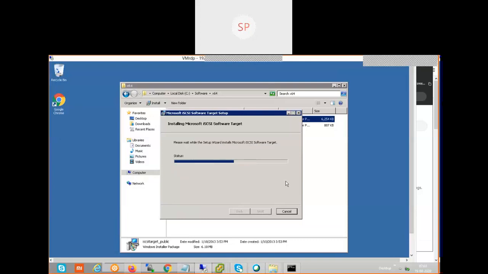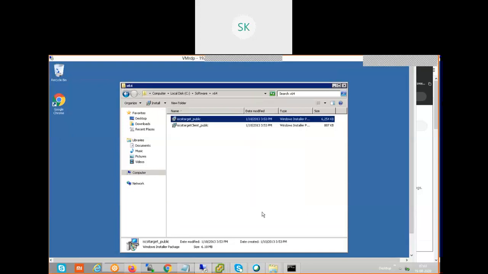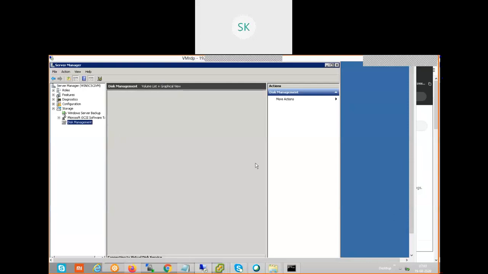Wherever you have the storage, as we are going to create disks, we are going to create LUNs by using the iSCSI target software. To create LUNs, we should have sufficient storage on the respective server. Okay, click finish. So how much storage is available on the server? We need to verify. Go to disk management. See what disks are available, and if the disk is not available, make sure you create a sufficient disk for this iSCSI target purpose.